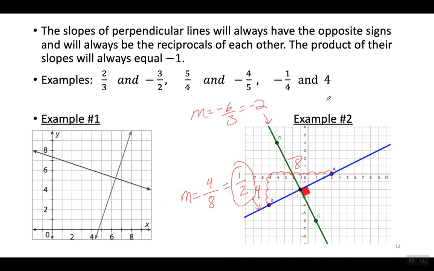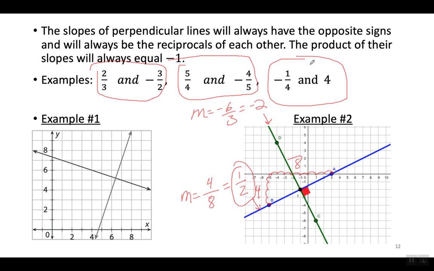Let me just repeat that really fast in Spanish. Okay, los slopes de líneas perpendiculares siempre tienen los signos opuestos y son el recíproco del otro. Por ejemplo, si el slope de una línea es 2 sobre 3, el slope de una línea perpendicular sería el signo opuesto. Este era positivo, así que este es negativo. Y el recíproco quiere decir poner la fracción al revés. Así que como este es 2 sobre 3, este sería negativo 3 sobre 2. Si uno tiene 5 sobre 4, el otro tendría que ser negativo 4 sobre 5. Si uno es negativo 1 sobre 4, el otro tiene que ser positivo 4 sobre 1, que cuando se simplifica